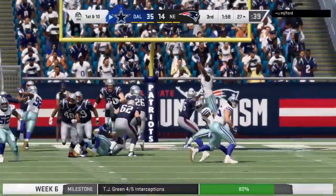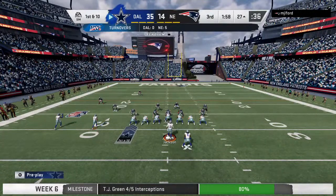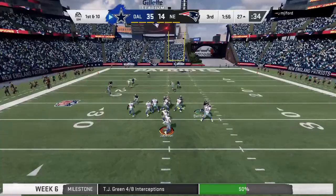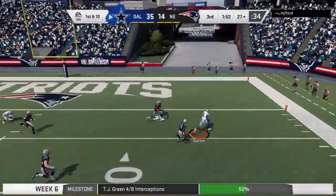The interception woes, they just continue to mount. He's thrown 5 picks. At this point, you got to be thinking, is it something between the ears? I think a confidence hit does occur once you start getting those numbers up there a little bit. But as you and I...